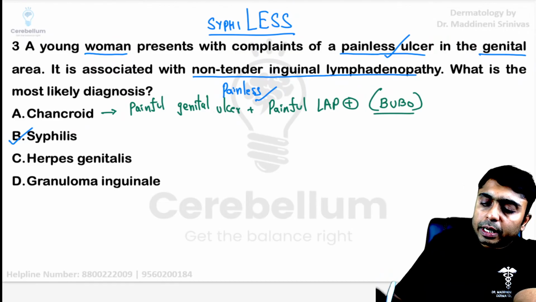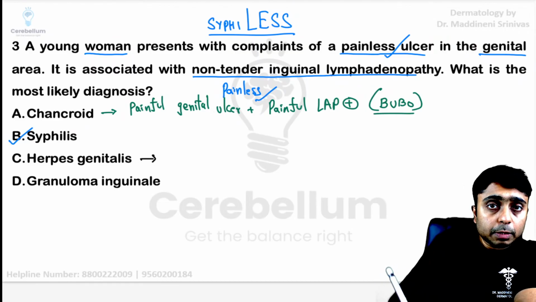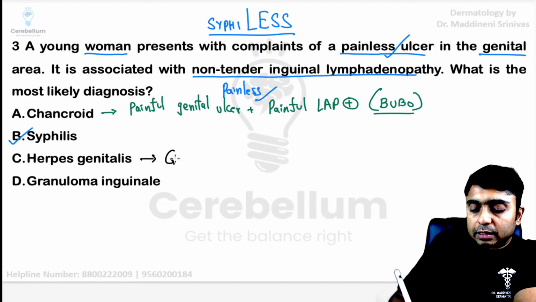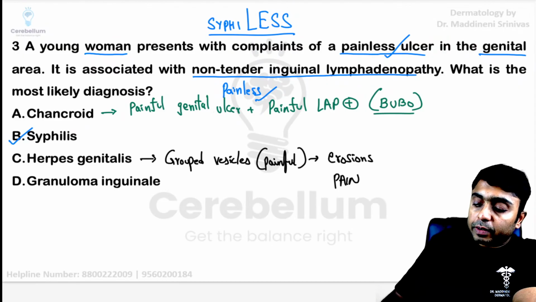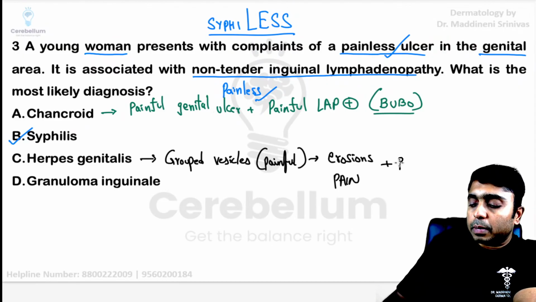Now coming to herpes genitalis, how does it present? Initially there will be grouped vesicles, which are going to rupture, and of course these vesicles are painful. They will rupture and form polycyclic erosions, which are again painful, and this is associated with bilateral painful